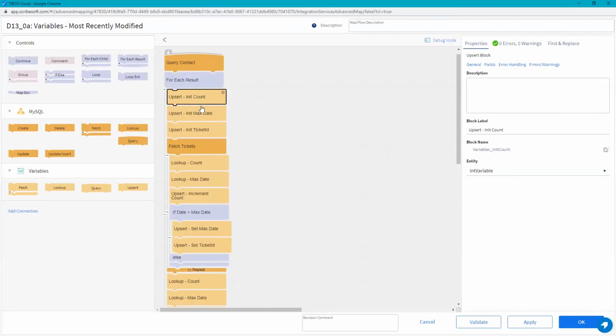So for an integer variable, we use this entity, int variable. We can see the other ones that we have here. If we're using a Boolean, we select this. For string, we select this. Okay. What we do in this case is we initialize these to either 0 or null, so that at the